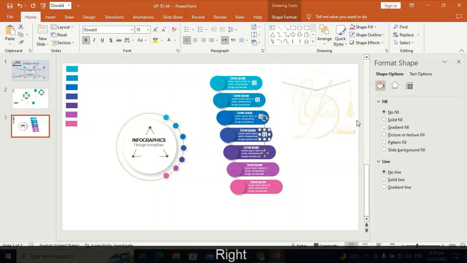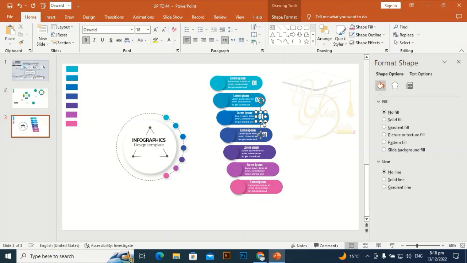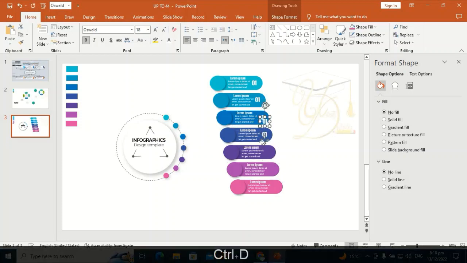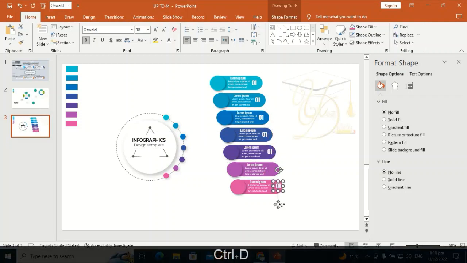I think so. We will make it at the center of the shape. Ctrl D to duplicate it and place it here.